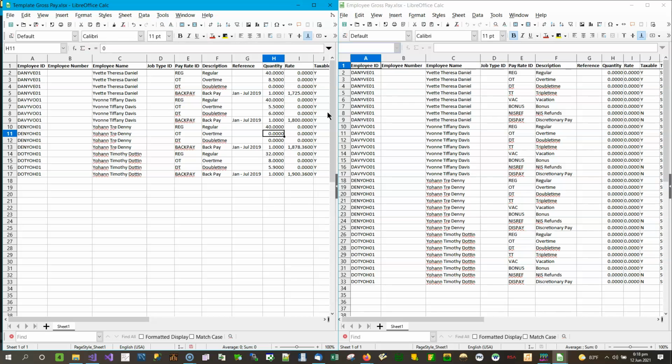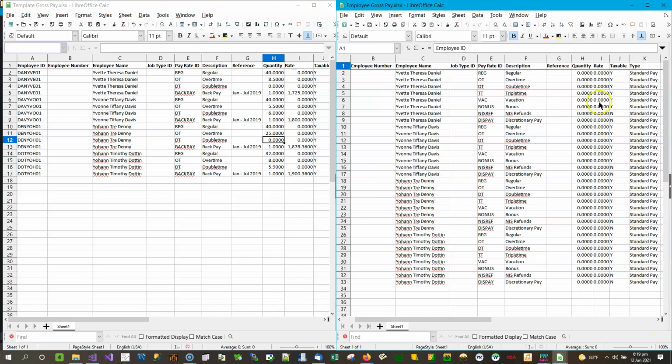So 40 hours here, 25 hours there, etc. So each person would have some entries. You would then save this file, and it can then be imported into PayPak using the import gross pay screen. On the other side, we have the gross pay spreadsheet, similar layout, and you could have entered the same information